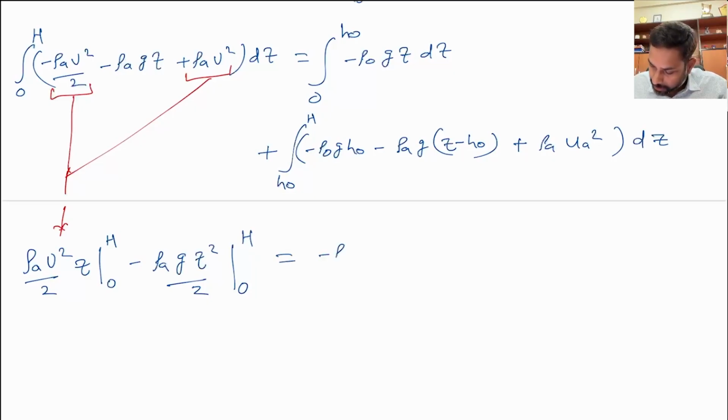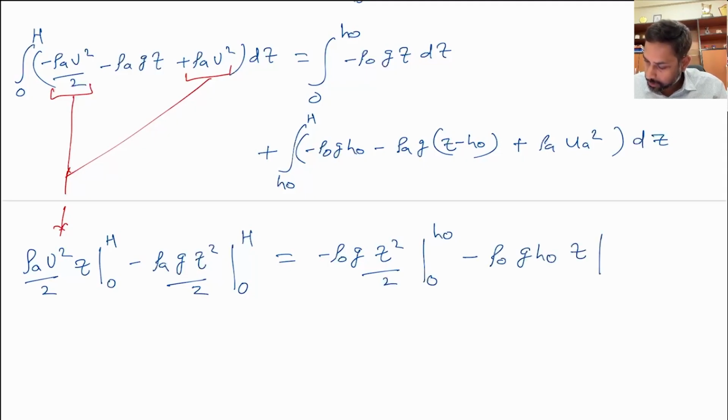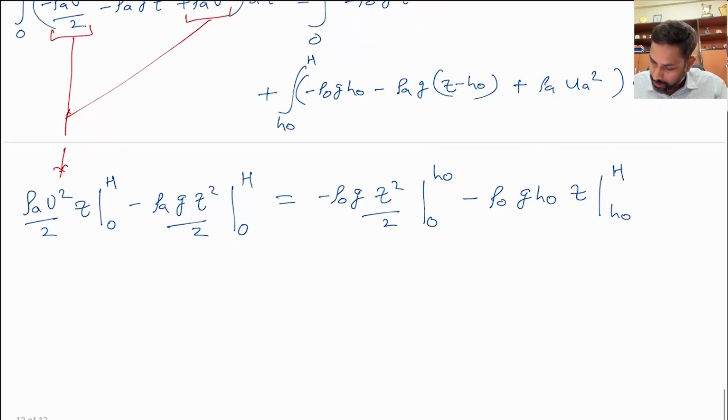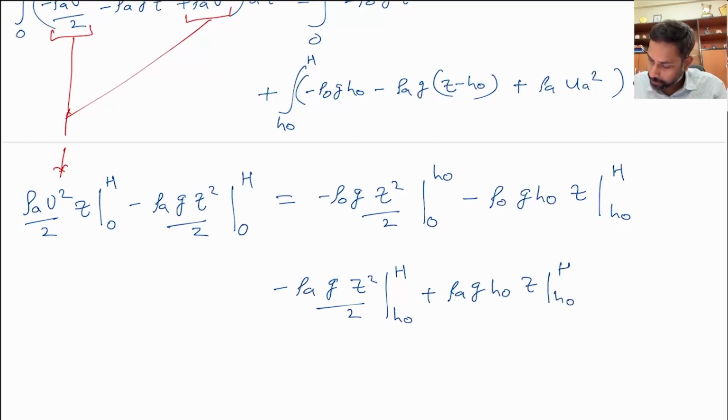Right, and here we get minus rho naught g Z square by 2, that goes from 0 to h naught, and then we have rho naught g h naught Z, that again goes from h naught to capital H, and then we have minus rho a g Z square by 2, that goes from h naught to capital H, plus rho a g h naught Z, that goes from h naught to capital H, plus rho a ua square Z, that goes from h naught to capital H. Okay, so this is a very straightforward integral